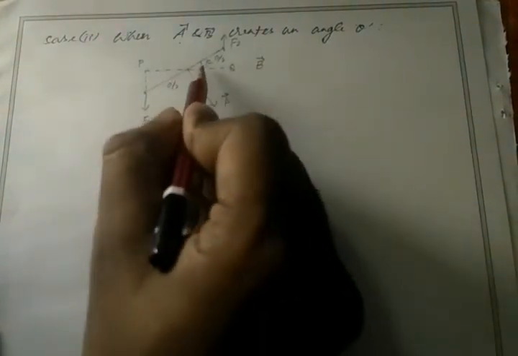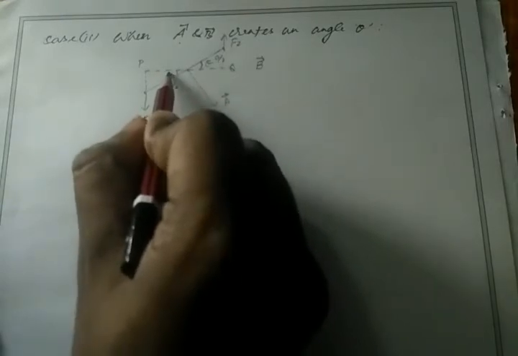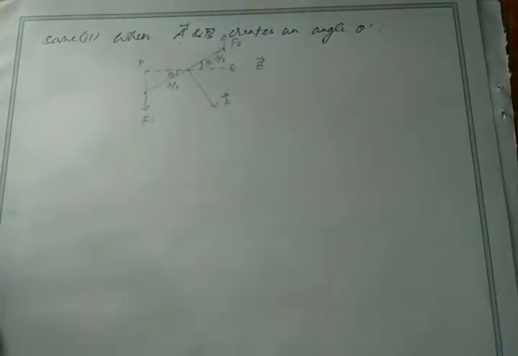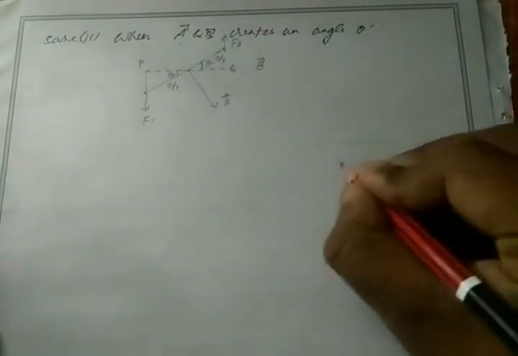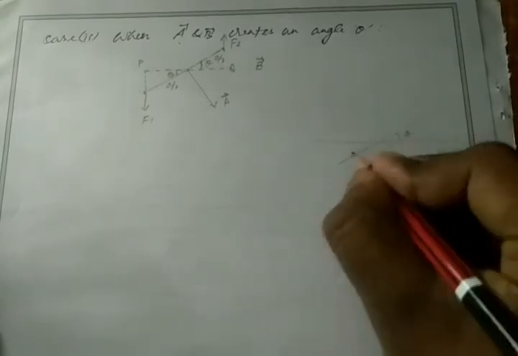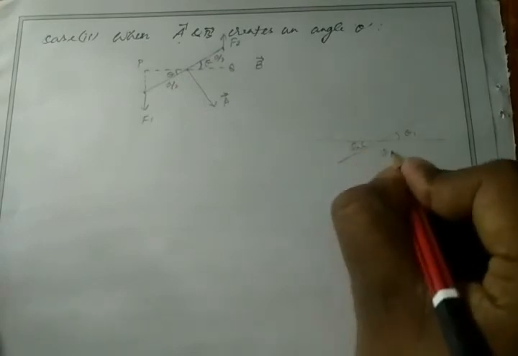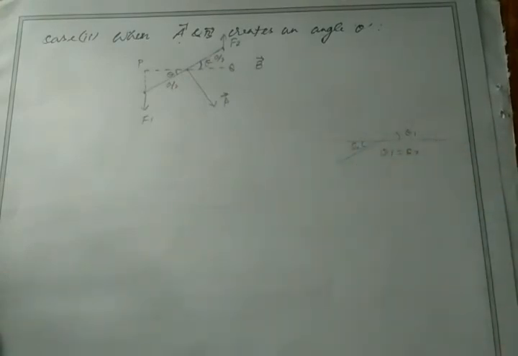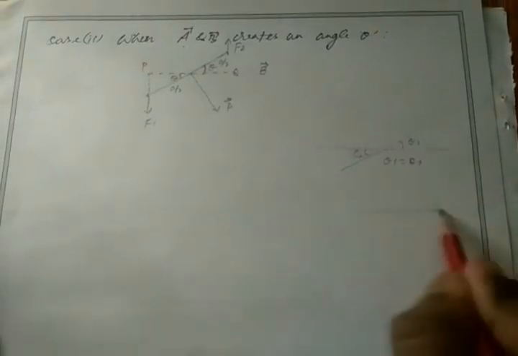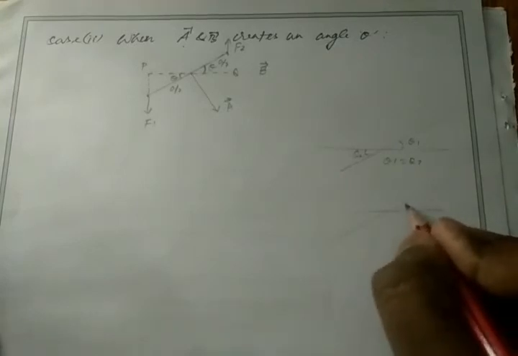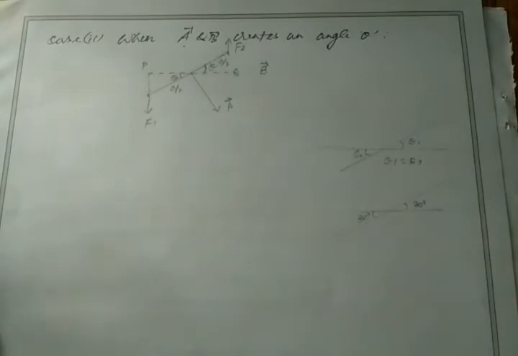Clear? If this angle is theta, then what will be this angle? This angle will definitely be equal to theta. Why? We have to remember one important rule. If this is our horizontal line, the opposite angles must be equal. Okay. So if this is theta 1 and this is theta 2, then theta 1 must be equal to theta 2. One important basic rule. Okay. In a horizontal line, the opposite angles must be equal. If this is 30 degree, then this should be 30 degree, must be equal. Clear?